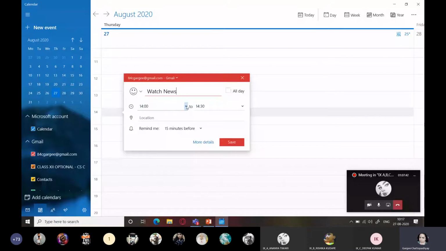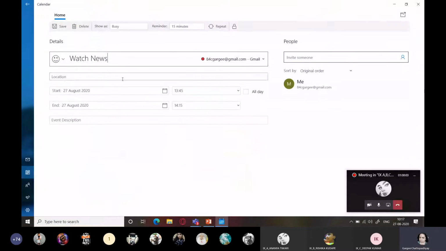Rather, if I want to be reminded 15 minutes before, I can choose some time, not 13:30, but I can take 13:45 to 2. Right. Remind me 15 minutes before. You can provide more details if you want, like what is the event description?